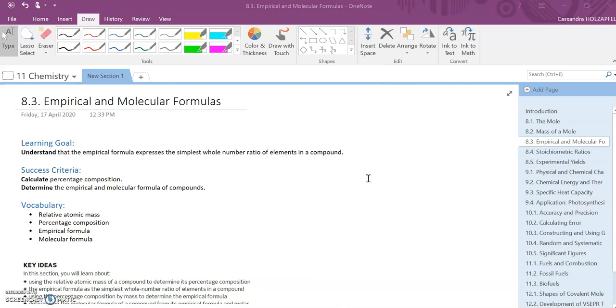So our learning goal for today is that we are understanding that the empirical formula expresses the simplest whole number ratio of elements in a compound. We're going to do this by calculating the percentage composition, and we're going to determine empirical and molecular formulas of compounds. So we've got 4 new terms to add to our vocabulary: relative atomic mass, percentage composition, empirical formula, and molecular formula. All right, so let's go through and talk about